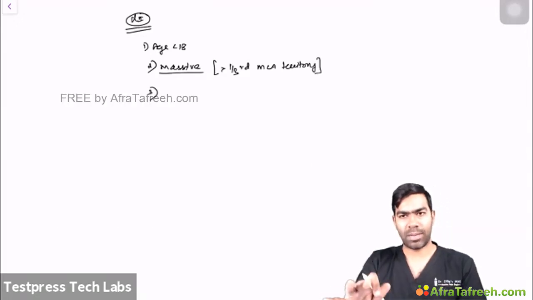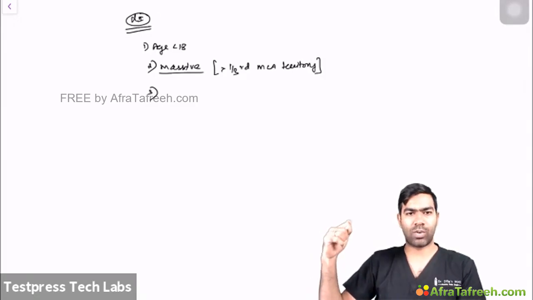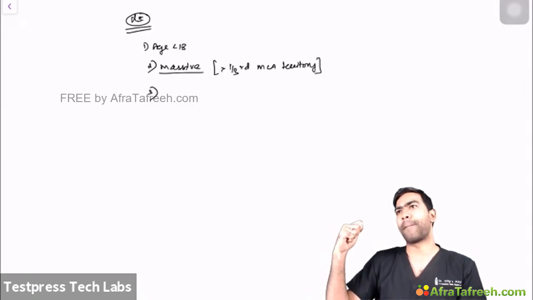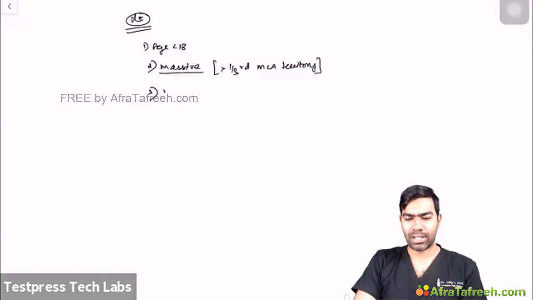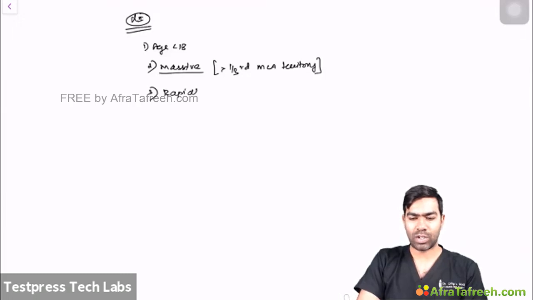I mean, leave the contraindications I told already in the, where? Your cardiology in the MI. So leave that. That's not a problem here. We are seeing the stroke specific contraindications. So massive stroke. Then if the patient is having rapidly resolving symptoms, that's a very important point, because if the